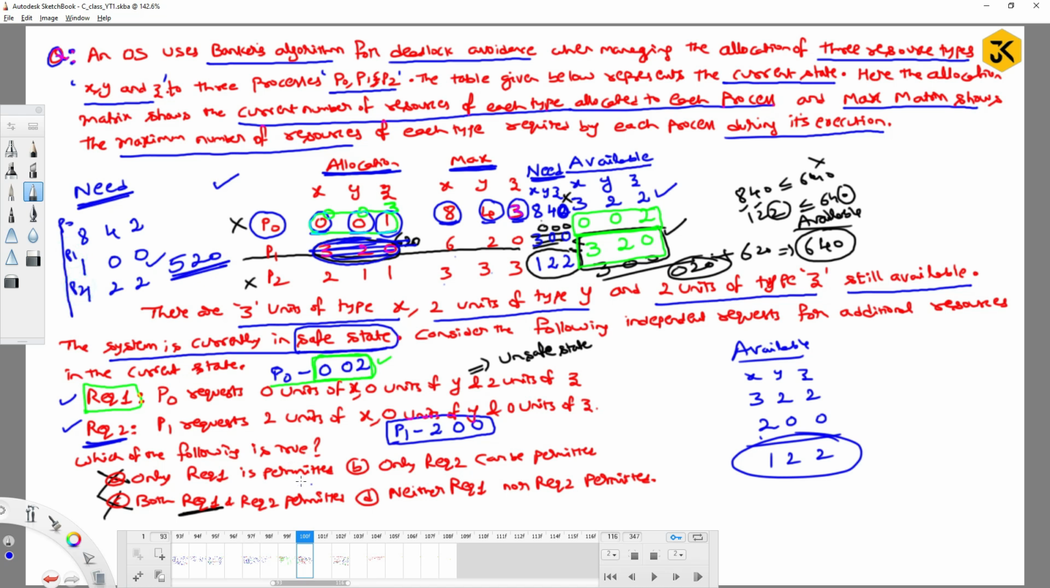Now check. What will happen? Is 122 greater than the need of any of the processes? Yes. Which one can be satisfied? I will go with the black color. Which one will be satisfied? Can P1 be satisfied? Yes. Definitely P1 will be satisfied. Right? When P1 is satisfied,